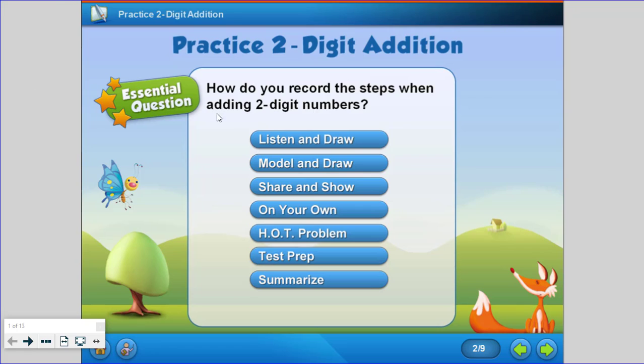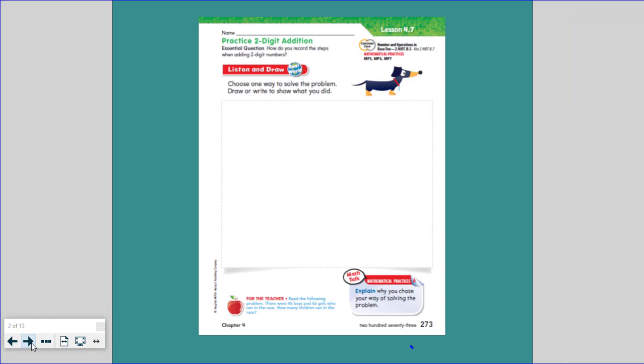All right, so for today's assignment, the essential question is how do you record the steps when adding two-digit numbers? So that's what we're going to be working through today, is writing down the steps when we're working with adding two-digit numbers. All right, so we should be on the listen and draw page, so 273 of your math book,